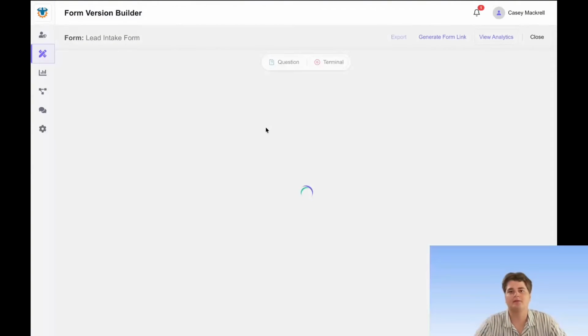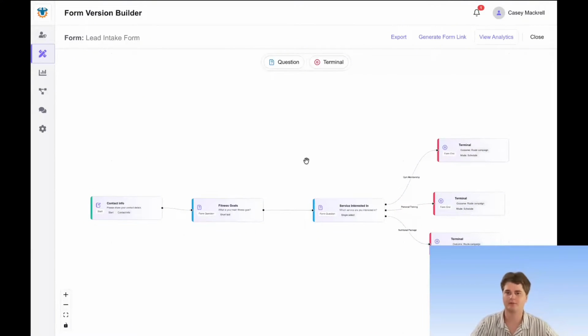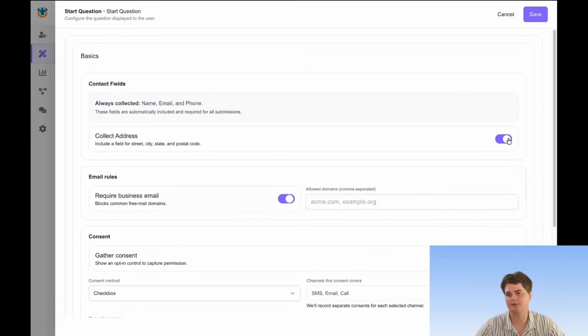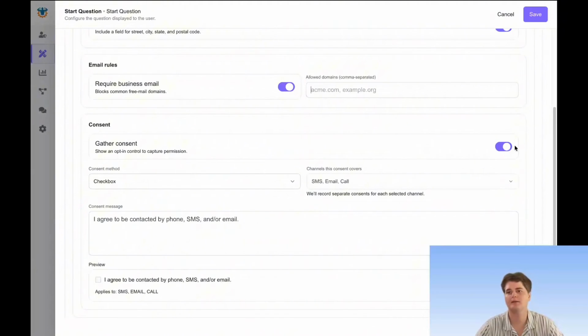Then when we click into it, this is very similar to the workflow builder I was showing you. All of our different workflows are off the same core builder, so you get used to that feeling. That way you don't have to relearn a different kind of software. You have your start question. This is where you can choose collect address, like if you want it to be a business email, any specific types of emails. And then this is the really cool part, this is where you can choose if you